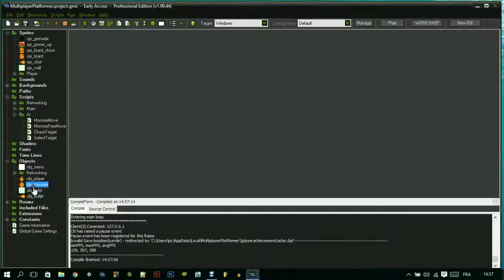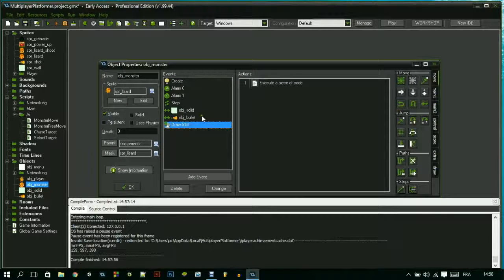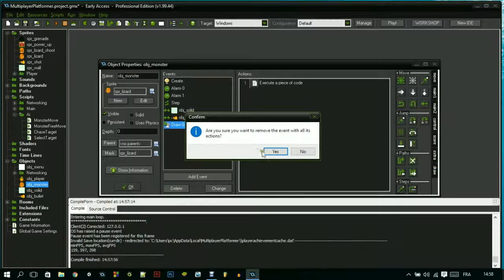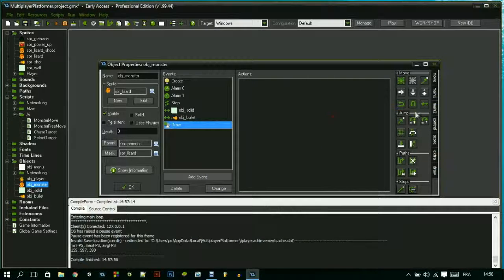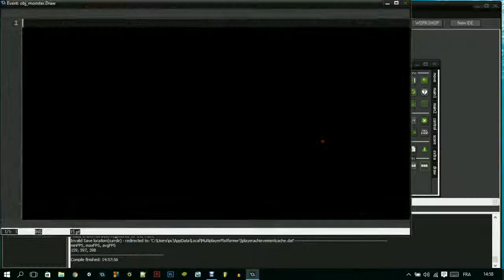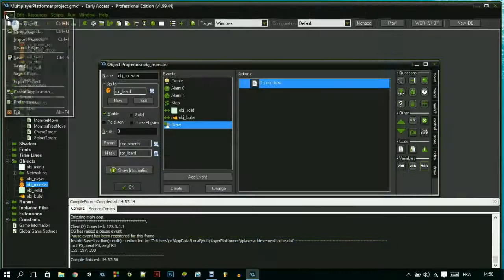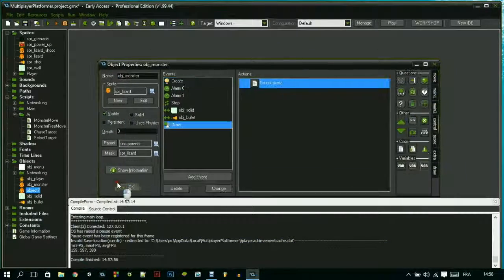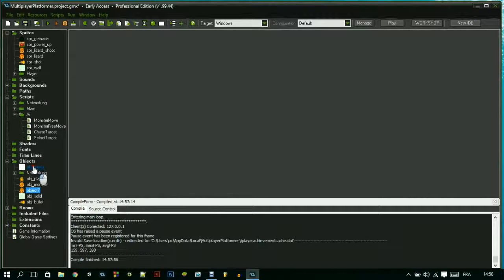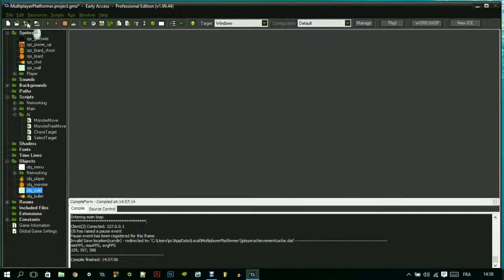And I think we don't need this anymore, so let me just, well, yes, and we can delete, so we don't need to draw the monster again. Okay. Oops. What's that? No. Okay. Now what I'm going to do is actually